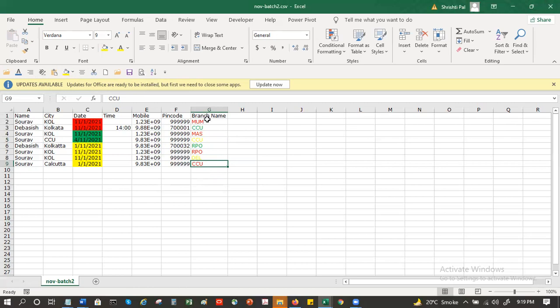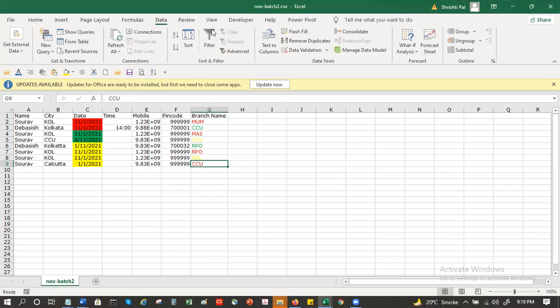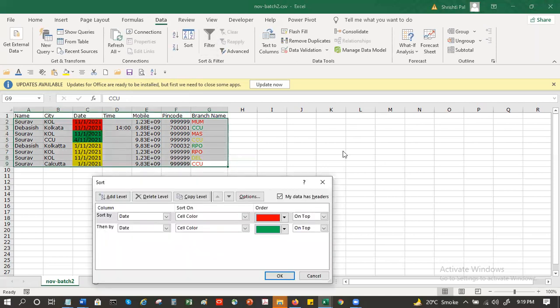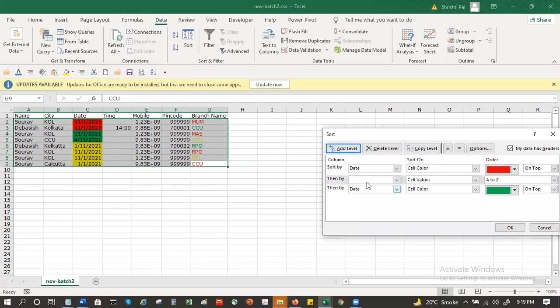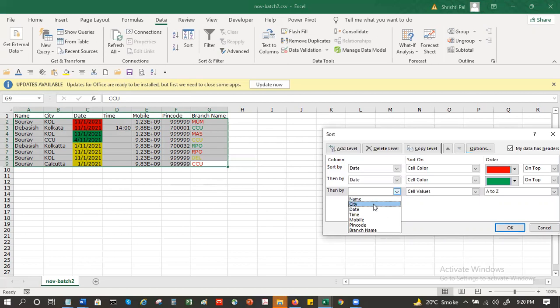Okay, so in this way, I get different colors. So what I can do is I can go to data and I go to sort, and here I can put another level. Maybe I want this at the bottom, and this was our branch name. In place of cell color, I will say font color.